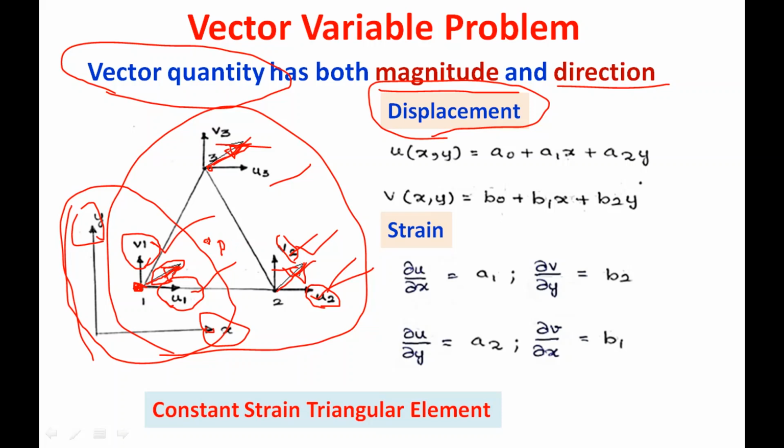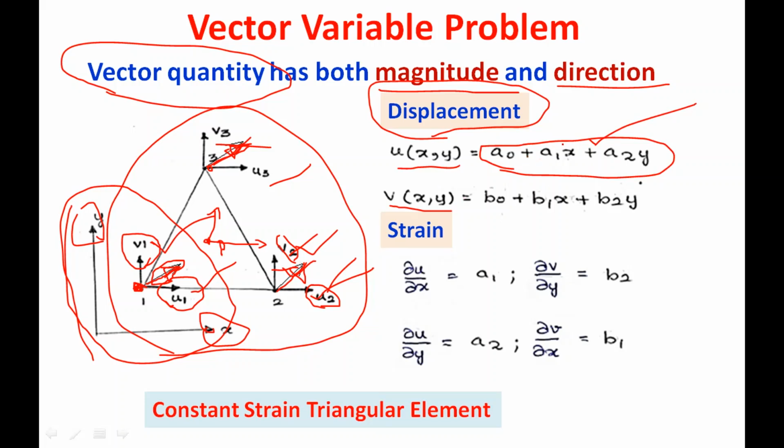If you want to find the displacement, we have to find the displacement along the x direction and the displacement along the y direction. The displacement along the x direction we are going to define as u of x, y. The displacement along the y direction we are going to say v of x, y. So how to determine this? By assuming the interpolation function. Initially we will assume a bilinear polynomial trial function, as we did in the earlier part also.